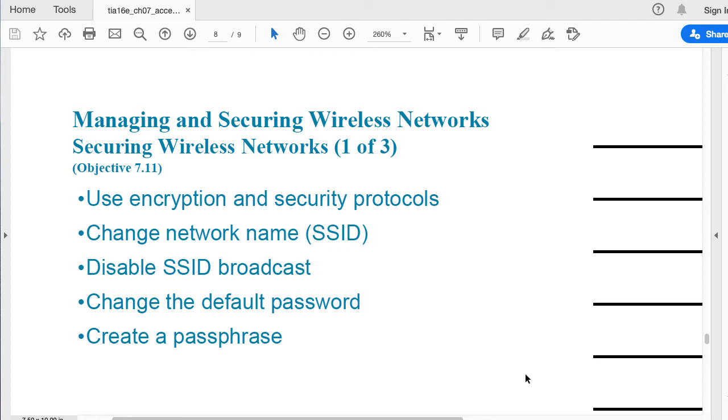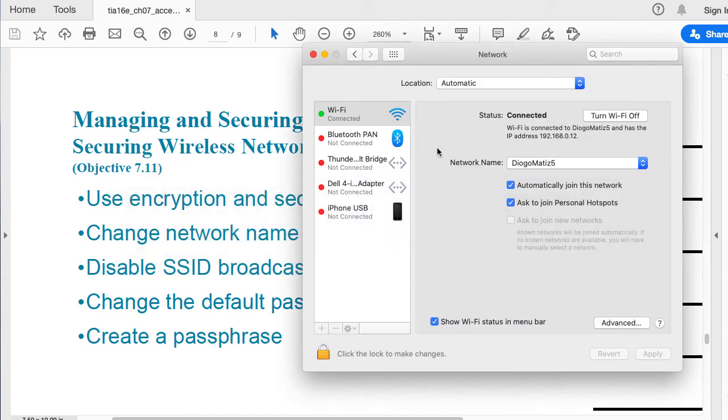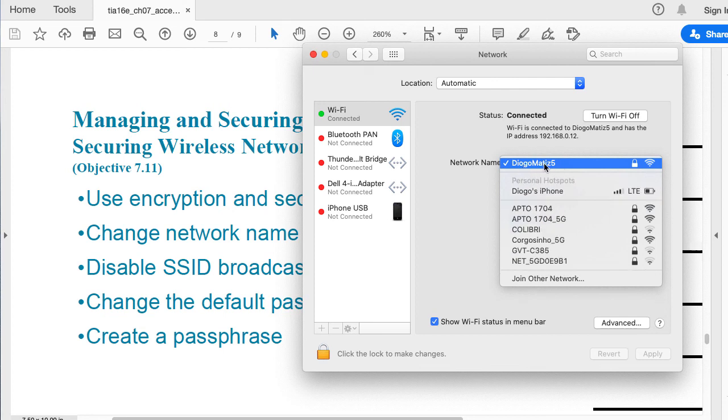So use encryption, change the network name. A wireless network name is called SSID. So here I have my Wi-Fi connection right here, and my SSID is called Diogo Meires 5.